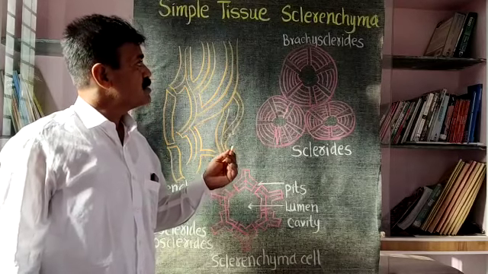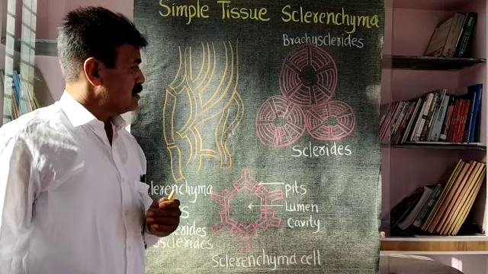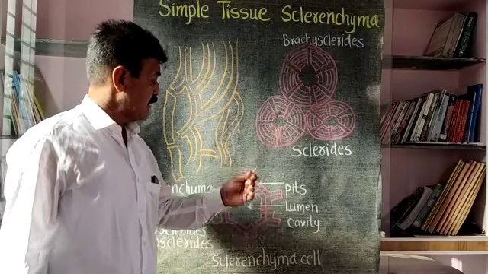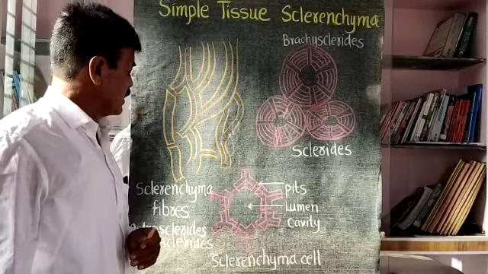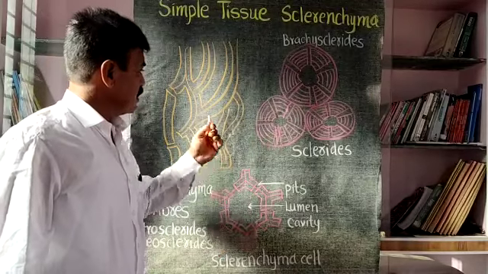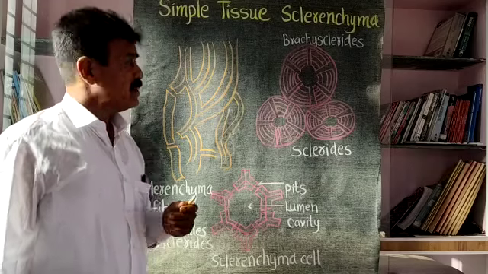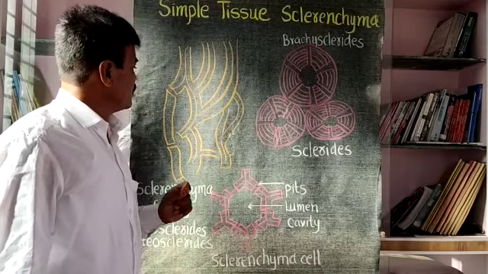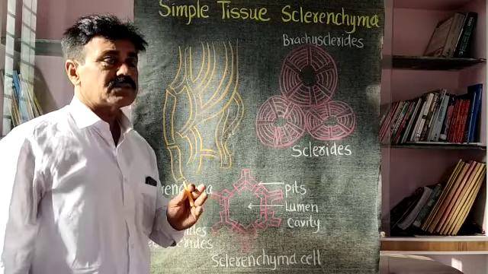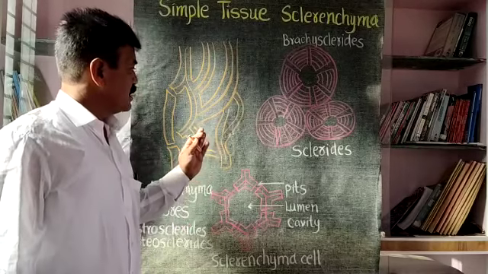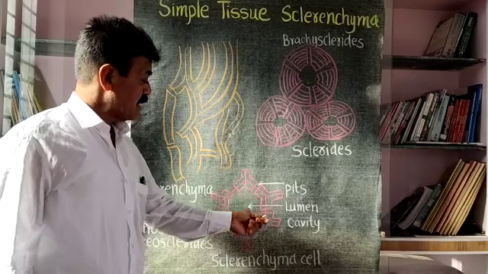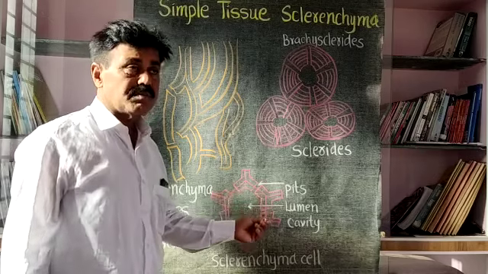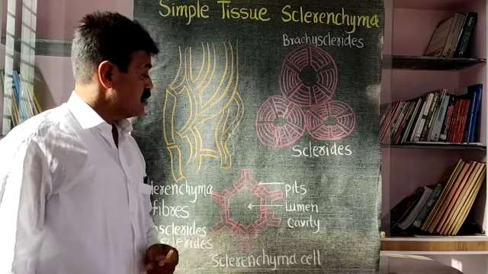Sclerenchyma has different structures. It is simply called sclerites, sclerenchyma cells and sclerenchyma fibers. Sclerenchyma fibers are elongated fiber-like structures. They have thick walls, and at the center the cavity is there, that is the lumen cavity, which is very thin. A small cavity is there, and these elongated fibers are compactly arranged and are called sclerenchyma fibers. They are made up of sclerenchyma cells, which have thick walls. They have small simple pits, and at the center there is a lumen cavity.